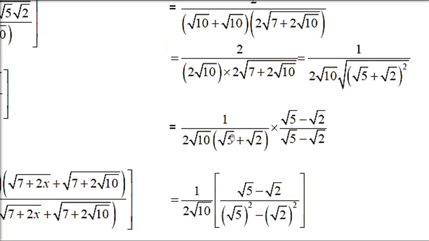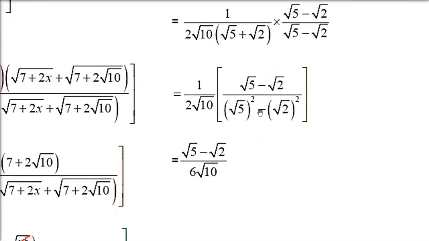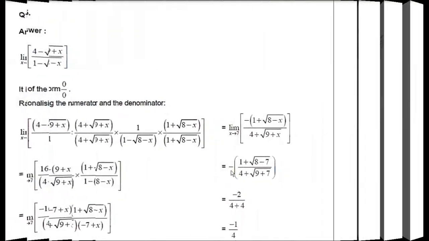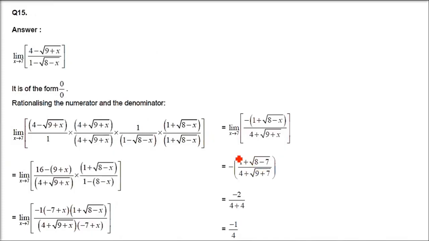See, this is also the answer. Nobody has told you to rationalize it. But in mathematics, we always rationalize to make it as easy as possible. So we are multiplying it with under root 5 minus under root 2 in numerator and denominator. So this denominator will be under root 5 square minus under root 2 square, that is 5 minus 3, that is 3. And in the numerator it is under root 5 minus under root 2, it will remain like this, and 2 under root 10, and by 6, this 6 under root 10 will be the answer.